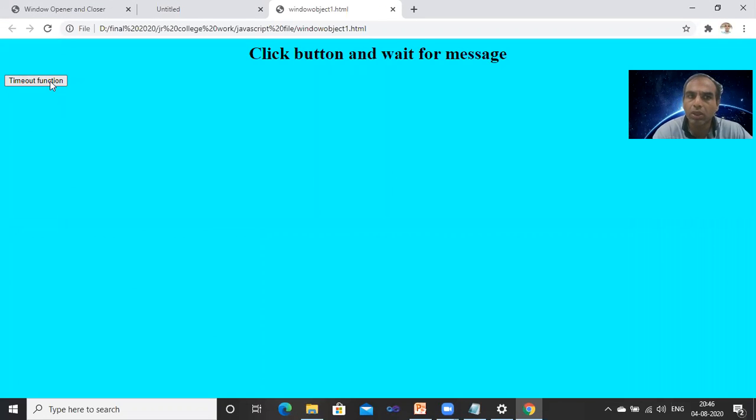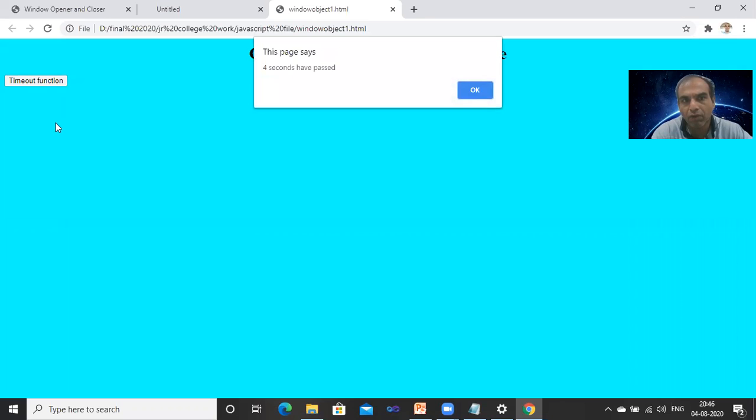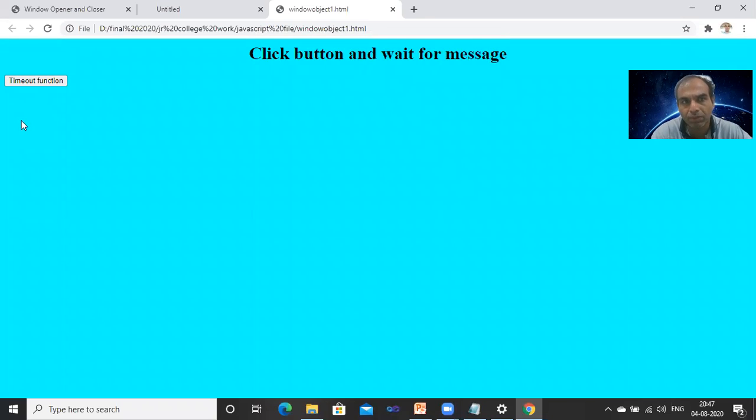See that now, the timeout function after 4 seconds. When you click on that button, after 4 seconds it opens the alert box. Timeout function, click, after 4 seconds it will automatically open. The set timeout is also there. You refresh it. So after 4 seconds on click we have given it. Otherwise after 4 seconds it shows the alert box. Click the button and wait for the message.